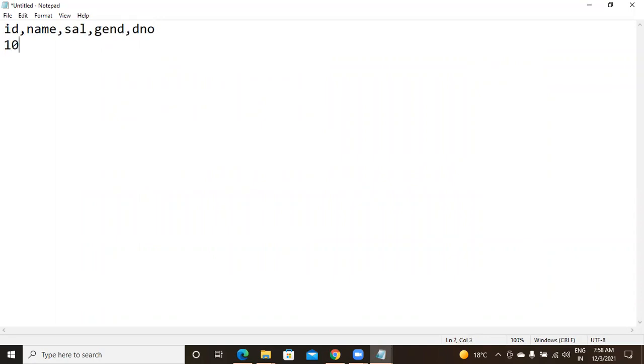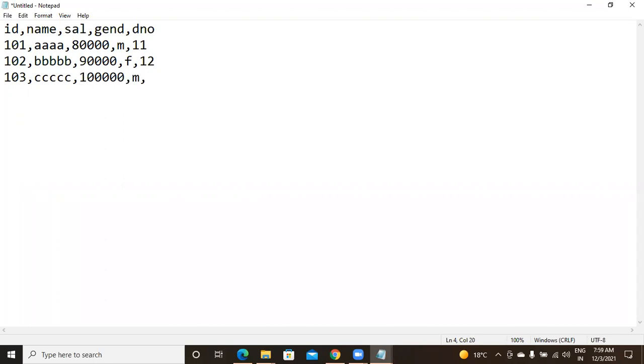Some sample rows I'm keeping. Last record.